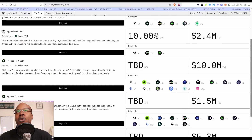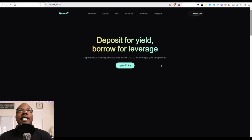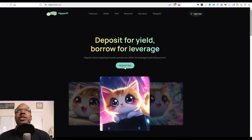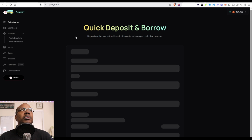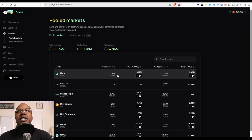For me, Time Swap is one that I got into, and another one, the money market that I got into, is Hyper. So it says deposit for yield, borrow for leverage. When you come to the app here, you can see you got a quick deposit tab, but I will just come to markets, go to pooled markets right here. You can deposit Hype, you can supply Hype, and then you can borrow against it